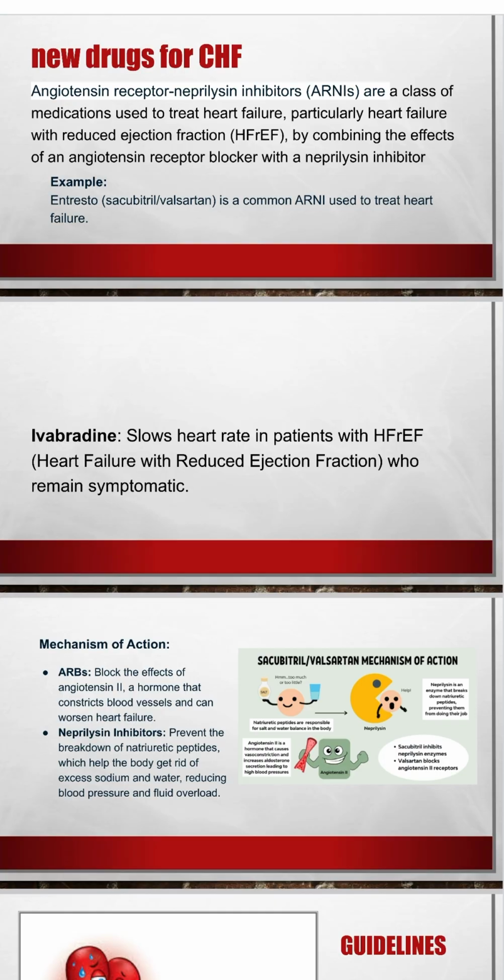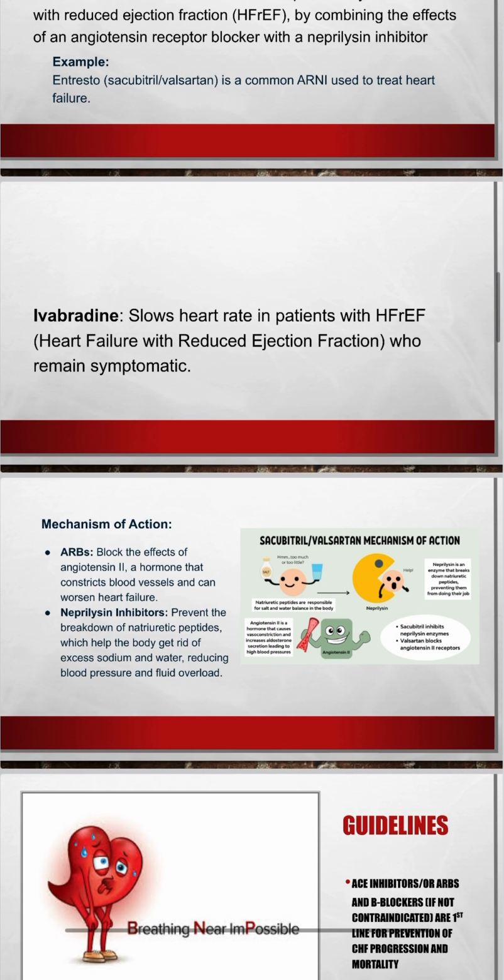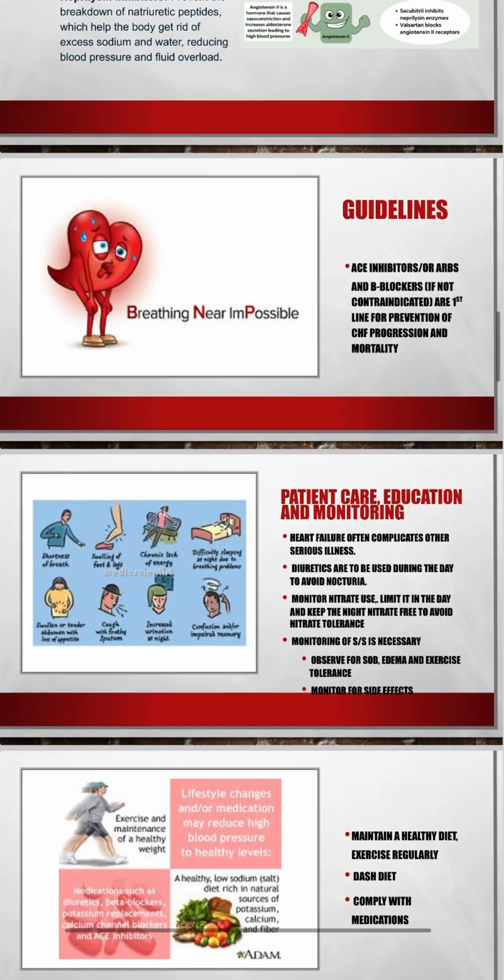Another beta blocker, which is a newer one that is preferred for heart failure patients, is ivabradine, which is known for its trade name Coralan. This helps slow the heart rate in patients, especially those with reduced ejection fraction. So, in order for a patient to become less symptomatic, ivabradine is preferred by some doctors. Now, with regards to guidelines,